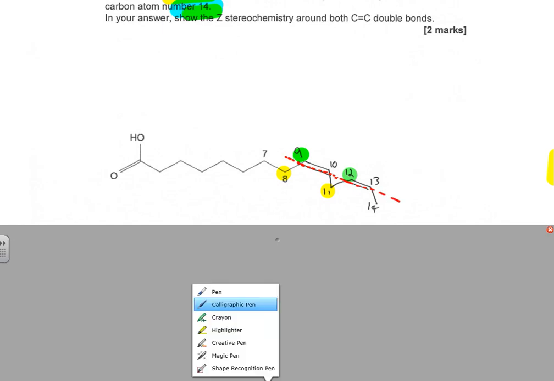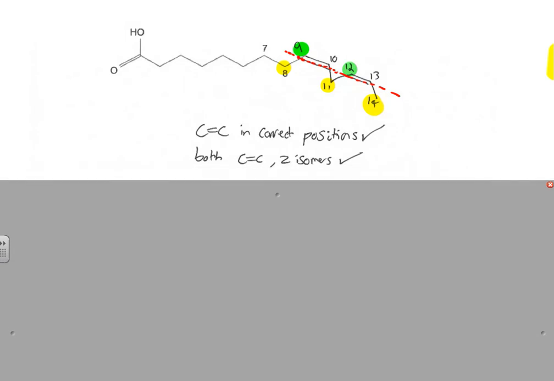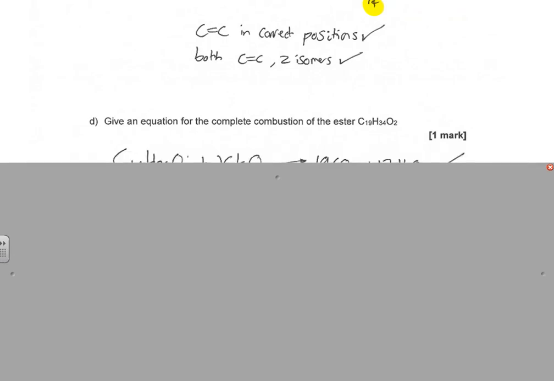Need to do the same thing for the double bond at carbon 12, so I've put carbon 14 on the same side as carbon 11, and therefore the same side as carbon 8 to show that Z stereochemistry. So what we've got then is 2 marks, because we put the 2 double bonds in the correct positions, and if we've shown them as Z isomers, we would have picked up our second mark. The final part of this particular page carries on with this ester, and it wants you to